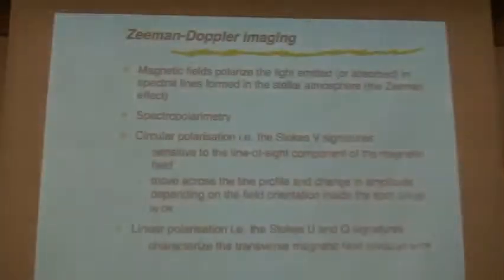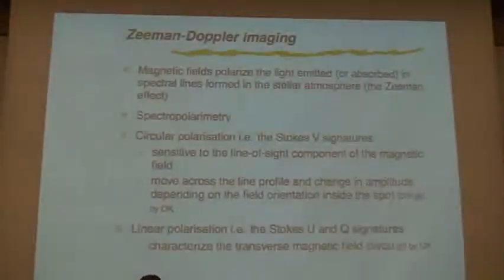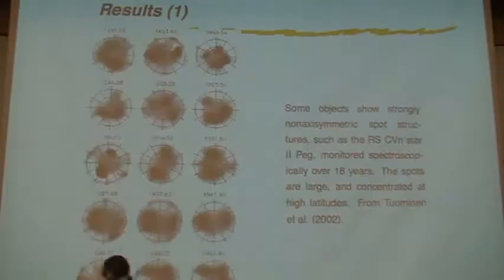So if you previously had only one feature that you were looking at in your spectra, now you have many more. And there's some results, just some examples. This is now a temperature map of a star called II Peg, and this has been